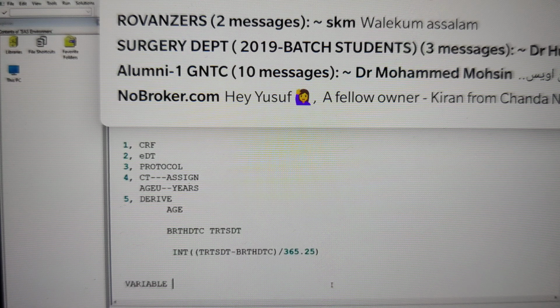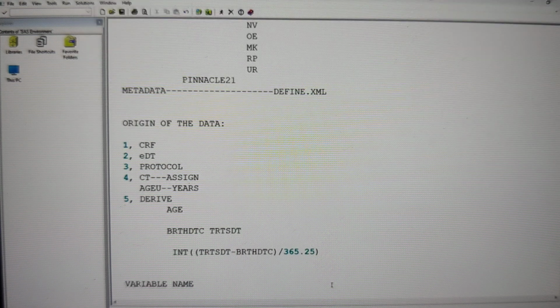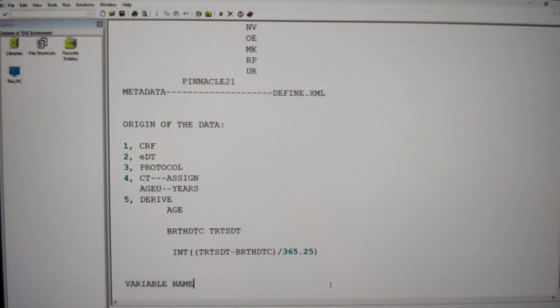What is the length of the variable name you should have? When creating variable attributes in SDTM, you have to follow the V5 transport file format rules. What are these V5 transport file format rules? Right now, what is the SAS version we are using? 9.4 comes under which engine? V9. But in SDTM, what version are we still using? V5 transport file format rules.